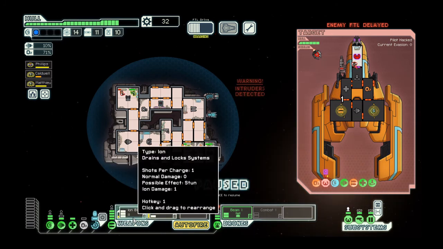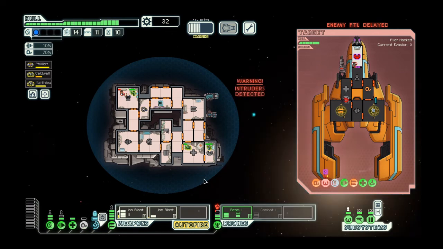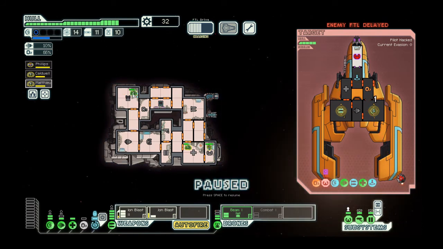One of the things you should pay attention to is once you put a power into a system like hacking or cloaking, I think crew teleportation as well, this system right over here that they used, you'll have to worry about the fact that the power is kind of stuck on there for a bit. And one of the things I forgot to mention before